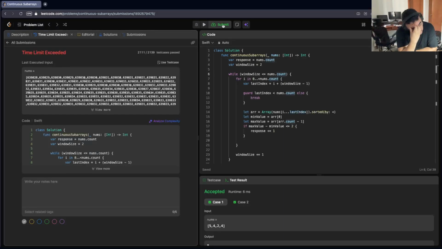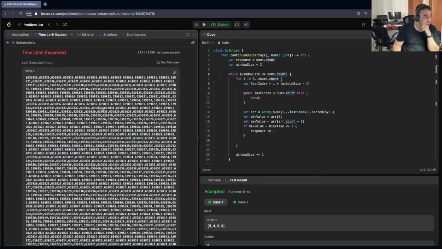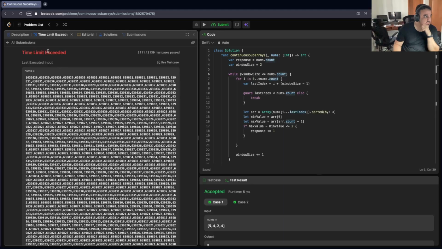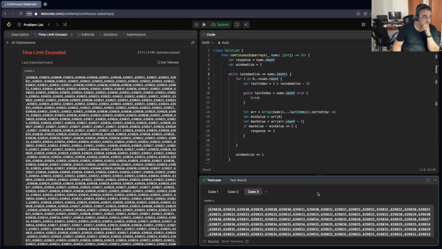Okay, so it passes in most of the cases, but for this case, it doesn't. For this case, the time limit exceeded. Okay,